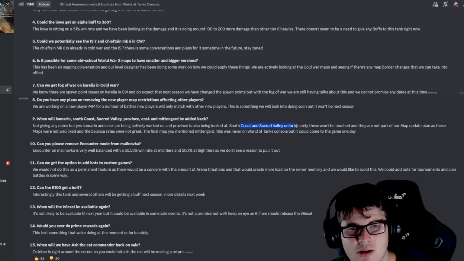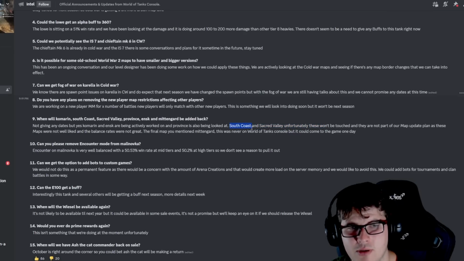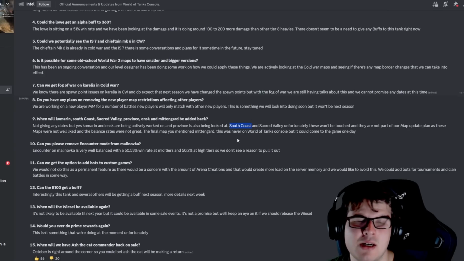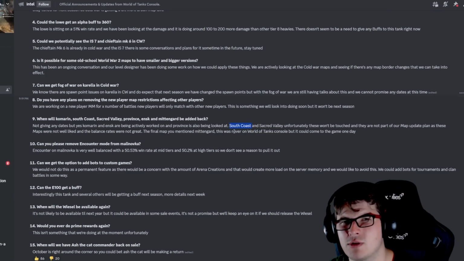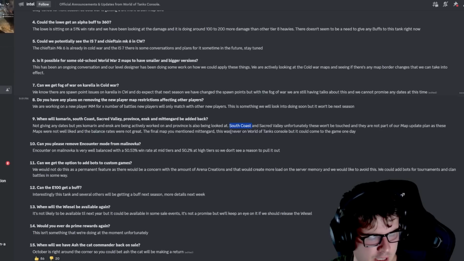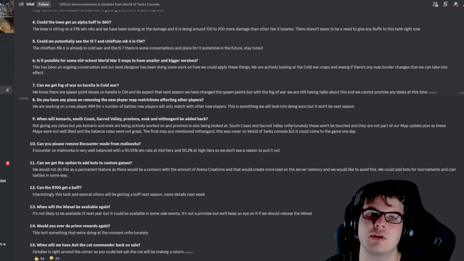South Coast and Sacred Valley not appearing to come back, and I didn't actually mind South Coast. I thought it wasn't actually a particularly bad map. A lot of people didn't like it. They did make an alternative version of South Coast, which was like a skinned version. I can't remember what they called it, but it was essentially just the same map, just skinned with various different things. Like we have Airfield, and we've also got